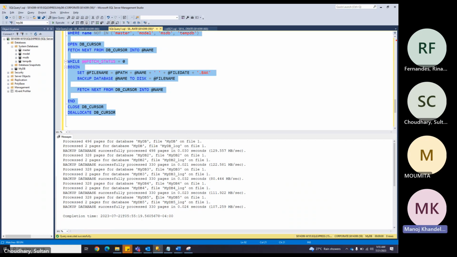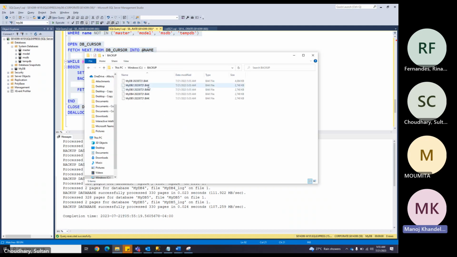Now go to that C drive backup folder. You will see all the backups which will be lined up there. Backups are done. So just imagine that you have a production server with hundreds of DBs like that. So if you write a cursor like this, it will be easy, no? It will do all the job. So same thing will happen for any other